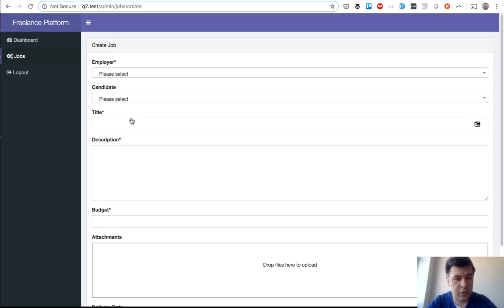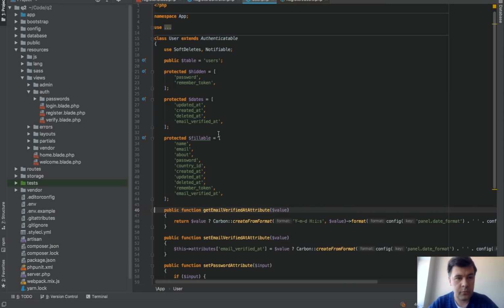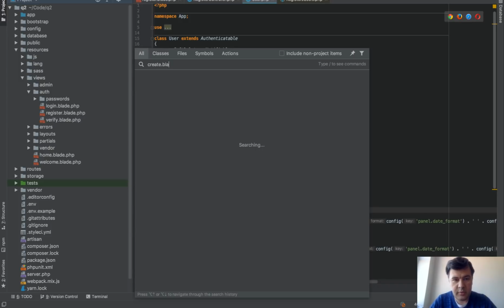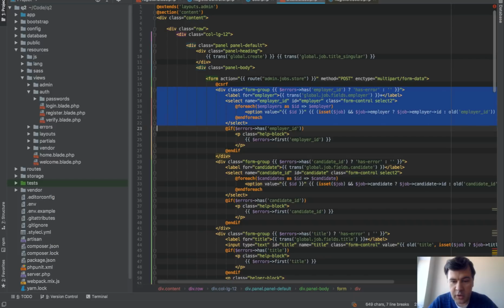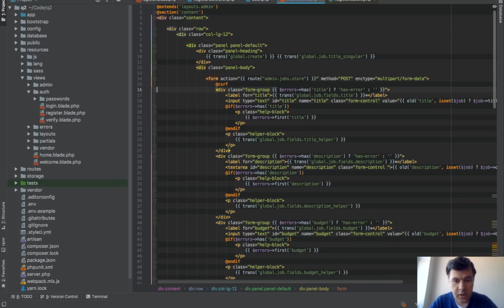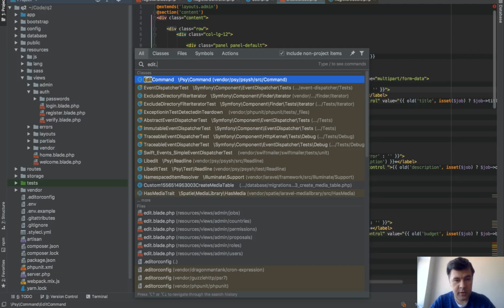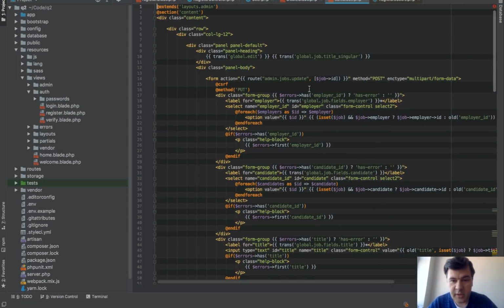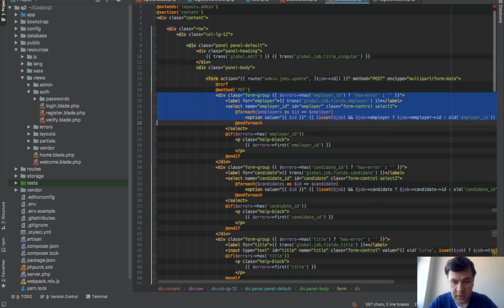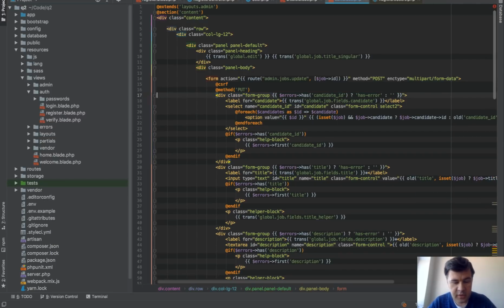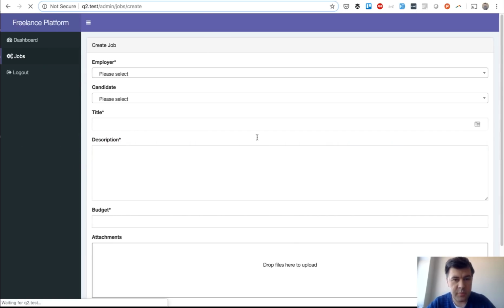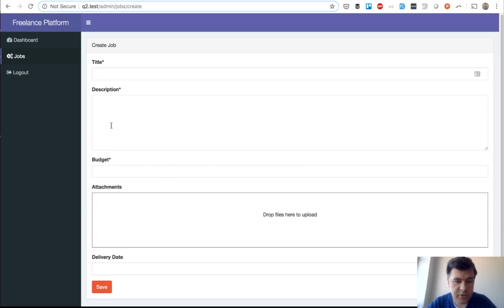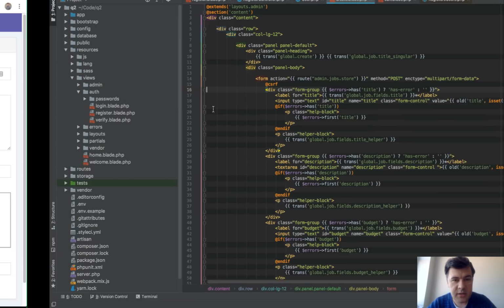So let's go to our create form. So create blade jobs create. So we don't need employer and we don't need candidate. And same thing for edit form. Edit blade jobs edit. Candidate is relevant here. Candidate is fine, but not employer. Right. So we remove those. Let's refresh the page and see if they are gone. Yep. So we have only those, and then in creating form,